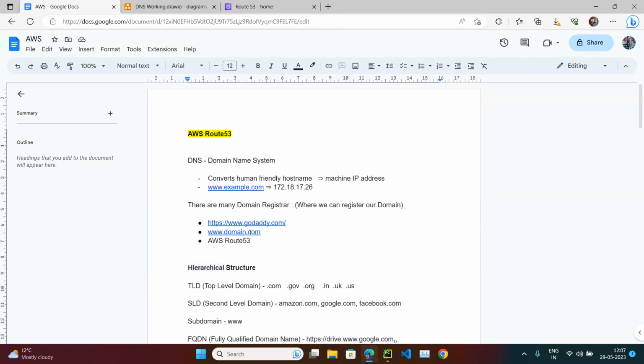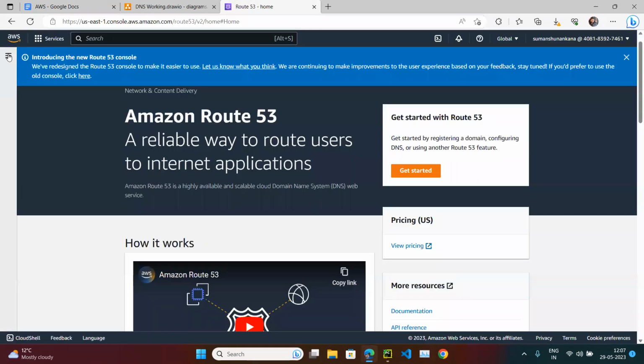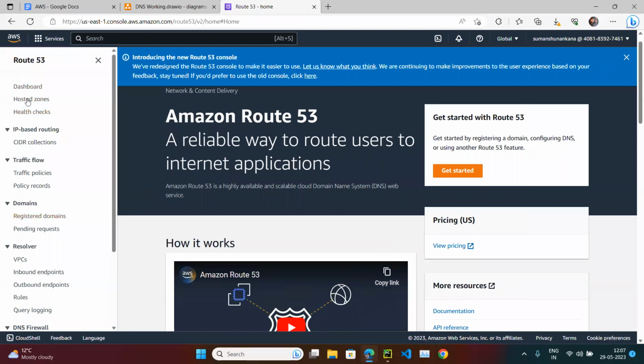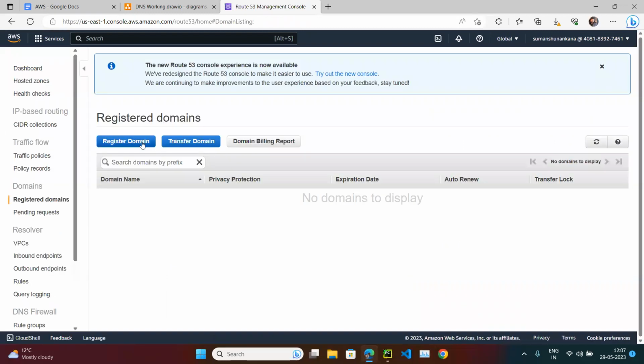This 53 is basically the port number generally used by DNS, so that's why they named it Amazon Route 53. So you can register the domain. If you open Route 53, there are many options. You can see there is a domain option, where you can register a domain. If you click on register domain,